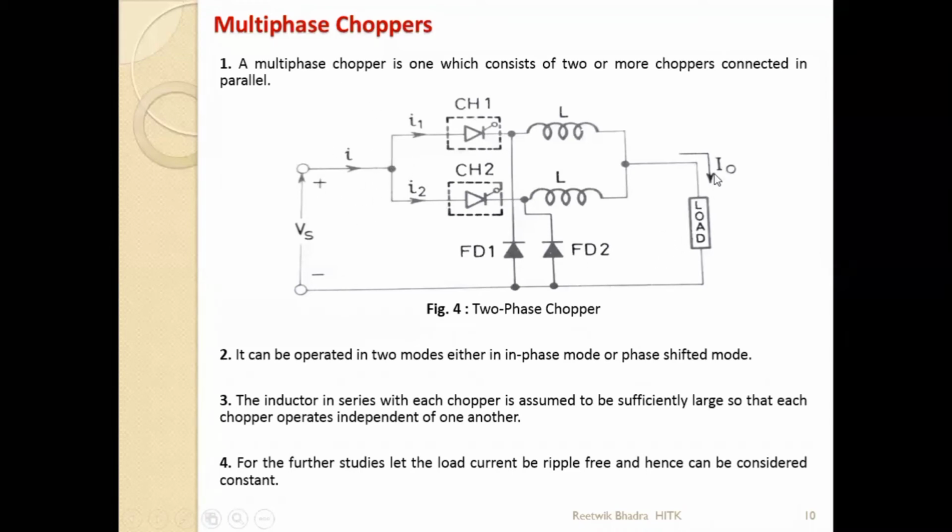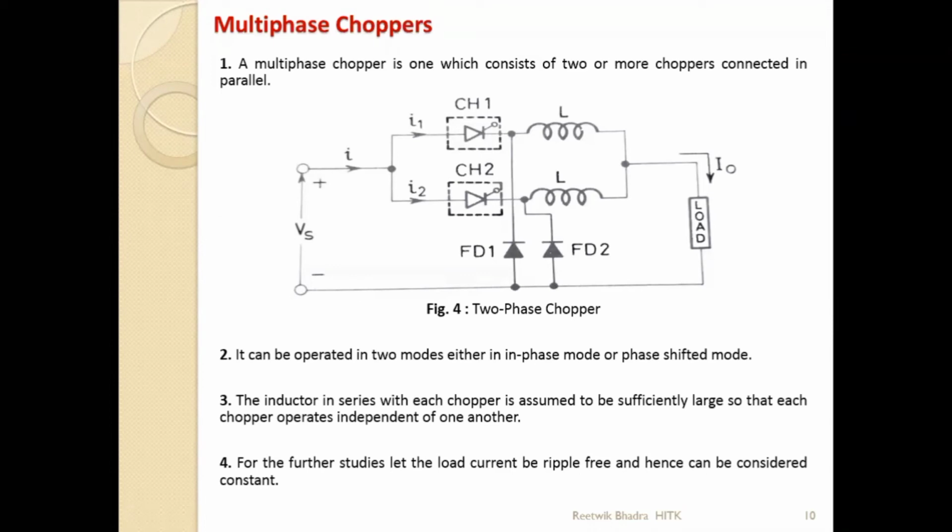Now, if I consider the load current to be constant, I0. I have connected a chopper over here, then an inductor, then the load, then another chopper over here, then an inductor and the load. Obviously, there should be a diode for this inductor to discharge. There is another diode for this inductor to discharge. Now, if this chopper is on, can I say I1 is equal to I0? Keeping this chopper off, if only CH2 is on, then I2 is equal to I0. So what is I? Basically I1 plus I2. That gives me twice I0. So if you want to have a level increase of your current, you can go for a multi-phase chopper.